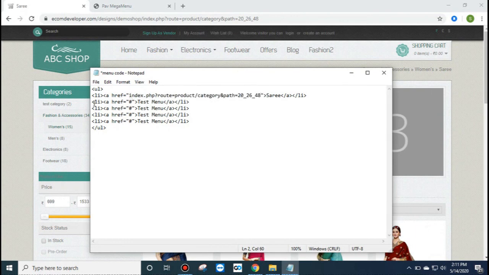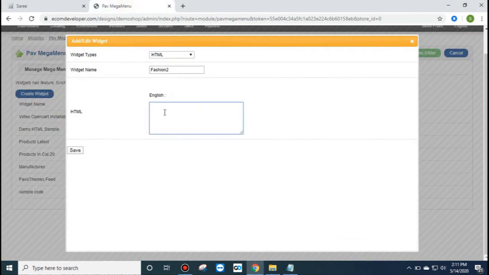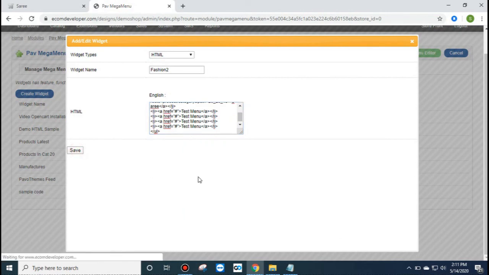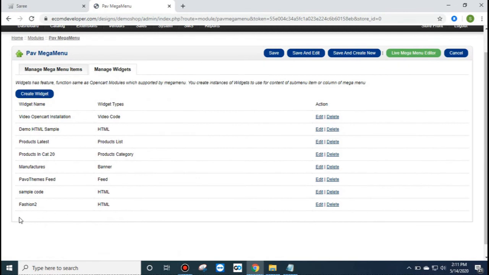Similarly we can do the modification for each line. If we wanted to add or delete a line, we can do it, and after that copy this code, go here and paste here. So fashion 2 widget is created.